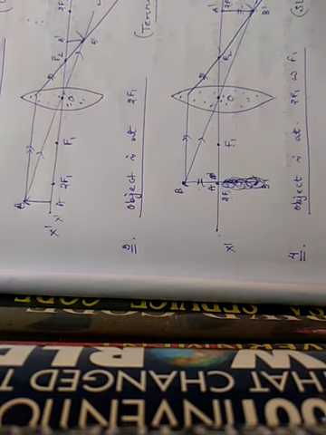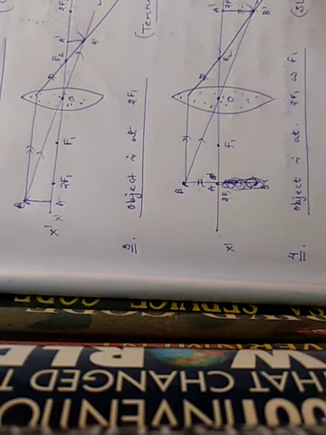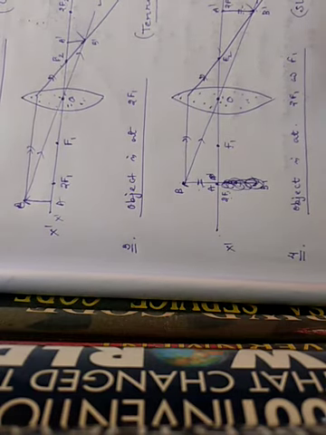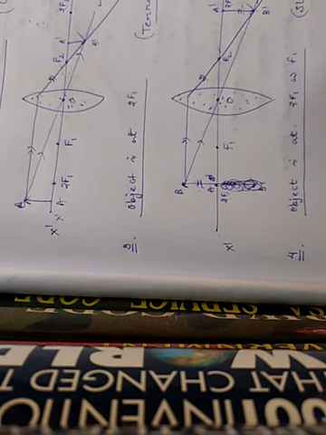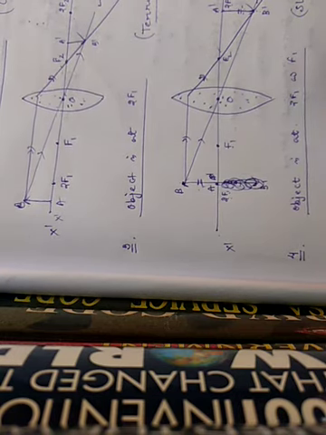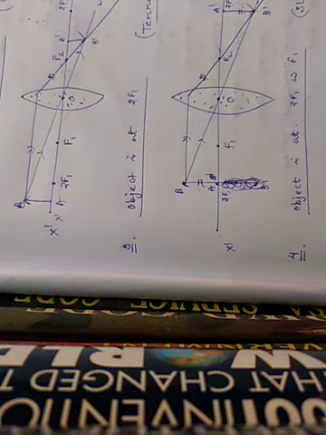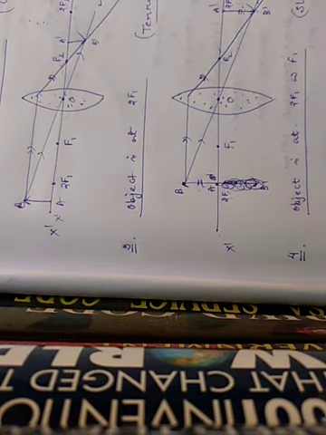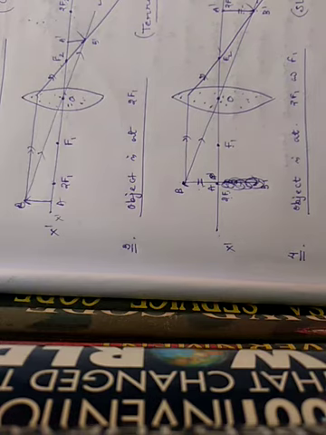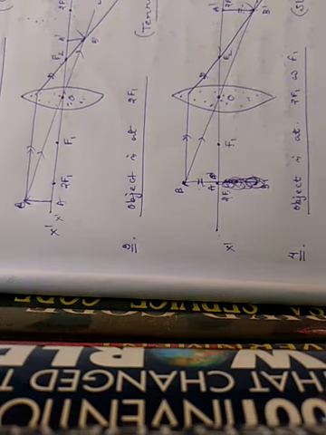So first draw the converging lens, draw the principal axis X and X dash, and the optic center. First put the marks F1 and 2F1. Our object should be in between F1 and 2F1, that means AB. Now first put the incident ray from the point B through the optic center. It remains undeviated according to its principle.